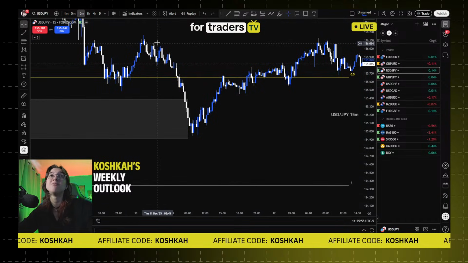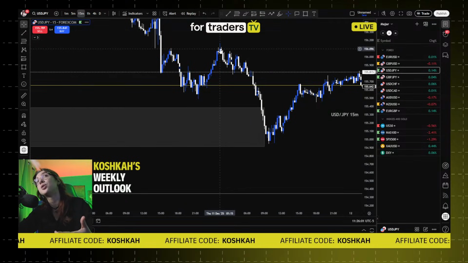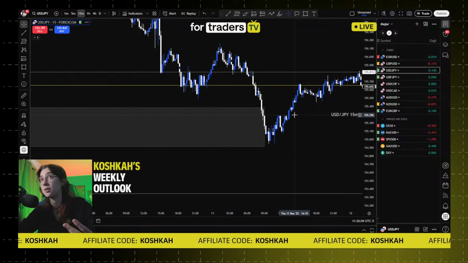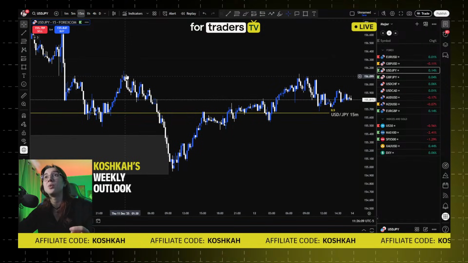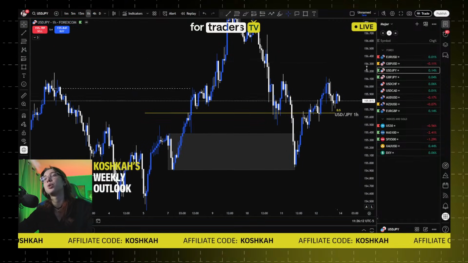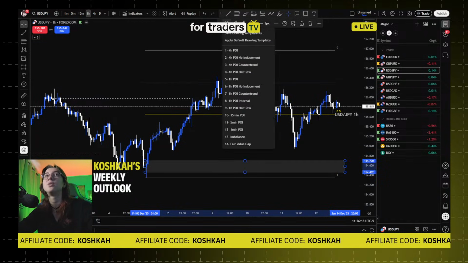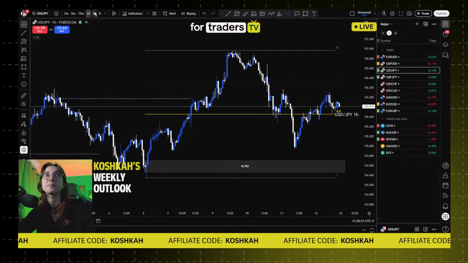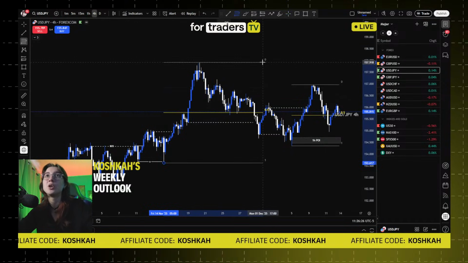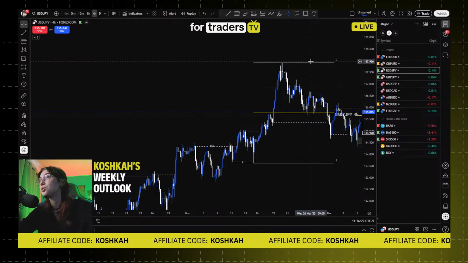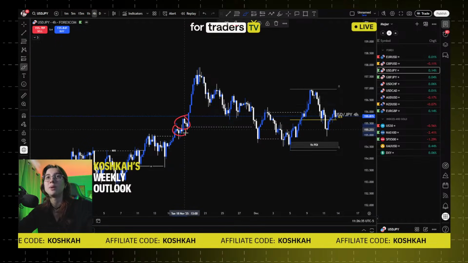According to the strategy, there was nothing much going on, because when we tapped into the POI, there was no opportunity to look for a 15-minute break. Why? Because here there's no high to be broken, as you can see. This is the high that we needed to break, and if you go on the 1 hour, that was pretty much the hourly high as well, so it's no longer valid. But you do have right here a 1 hour POI that you can look for some buys. If you consider that this is your previous range and then you're just stuck in this previous range, you don't really do anything because that's internal, but we consider that this is a little pullback, this is a little pullback.